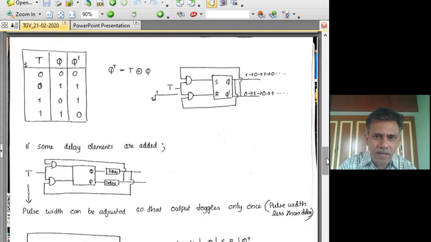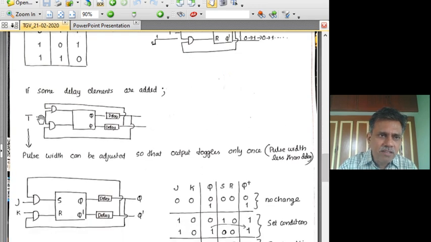So here what we have done is, instead of giving the same T input to both the gates in the feedback circuit of the T latch, we have separated them out. We will retain them as two different control inputs, and individually we can manipulate them. One we will call J, another we will call K. And now we have the freedom to fix J and K to any given value as per our wish. That is, both can be zeros, both can be ones, or 1 0 or 0 1.